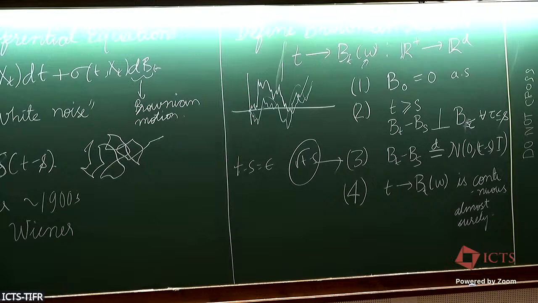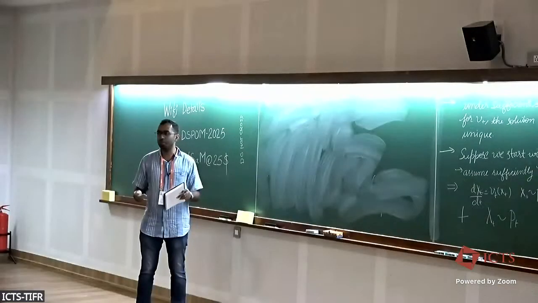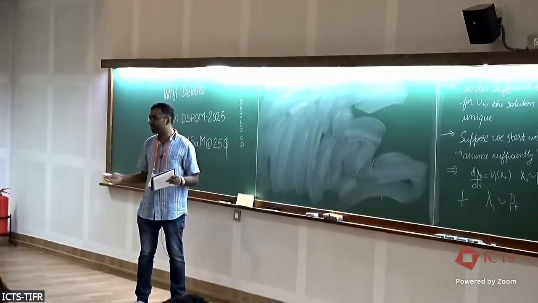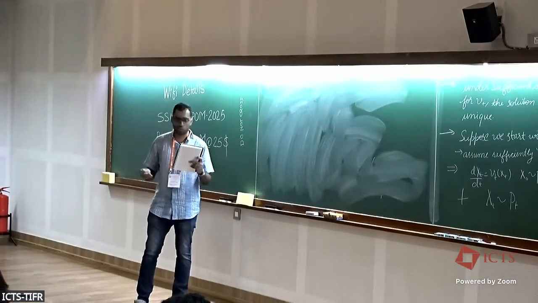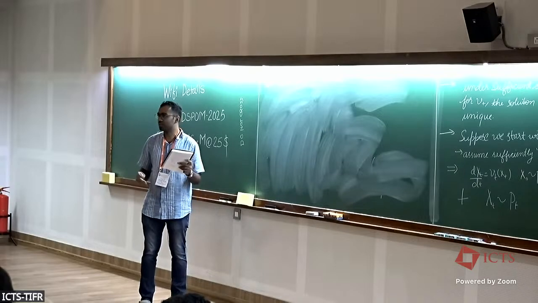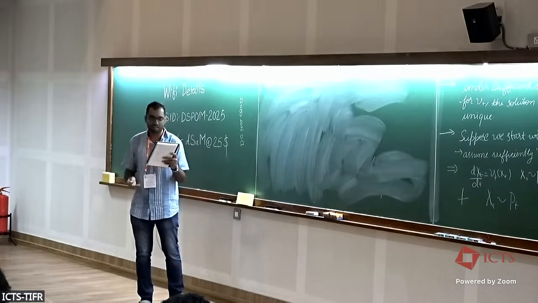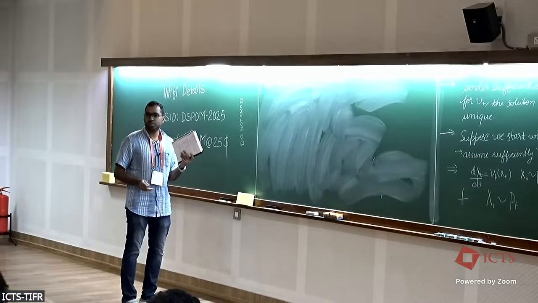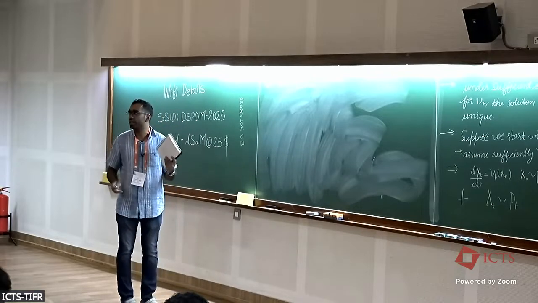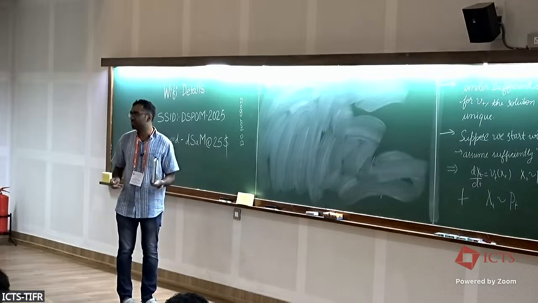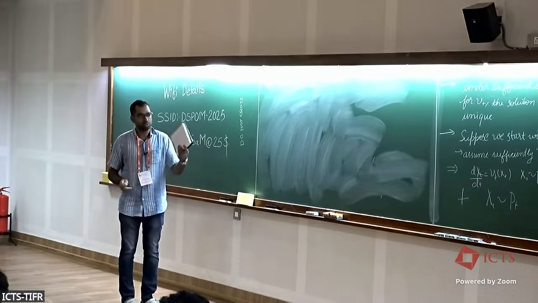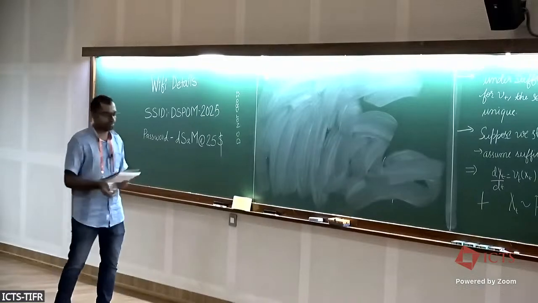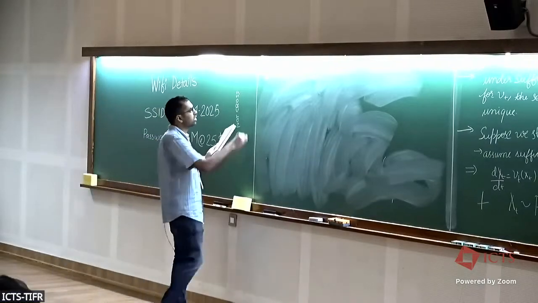This is all very, very interesting from a functional analysis perspective. I probably don't have the time to actually cover these aspects in these lectures, but please do look up, let's say, Le Gall's book or something. There are many treatises on stochastic calculus. Any one of them should be fine. What I'm concerned with now is interpreting and solving the stochastic differential equation, which brings us to Ito's theory, right?